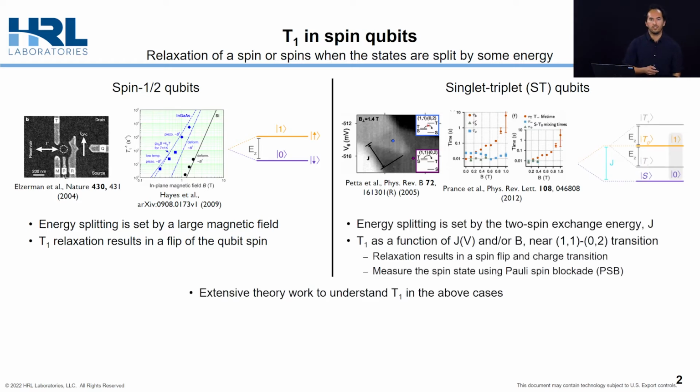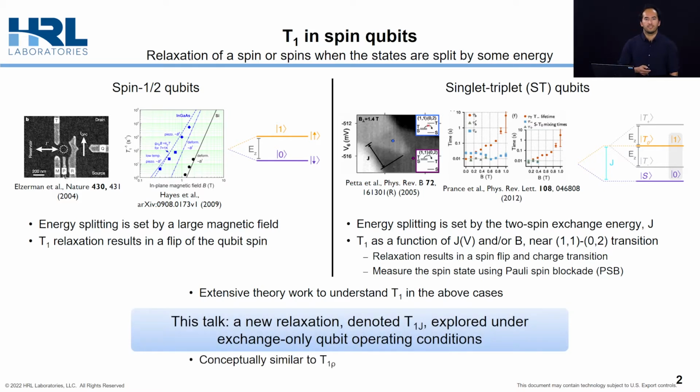In singlet triplet qubits, the energy splitting is set by the two-spin exchange energy J, and the relaxation studies here have typically been done versus exchange energy as well as large magnetic field, and they were done near the 1102 charge transitions, where relaxation involves both a charge transition and spin flip. It is important to note that this region of bias space is also effective for performing measurement of the qubit using Pauli spin blockade. There has also been extensive theory work done to understand T1 in both of the above cases,